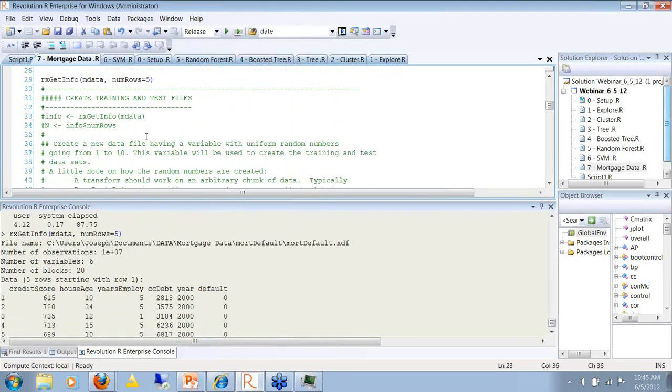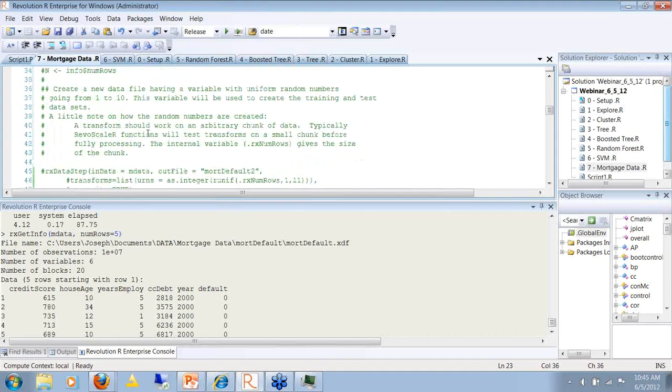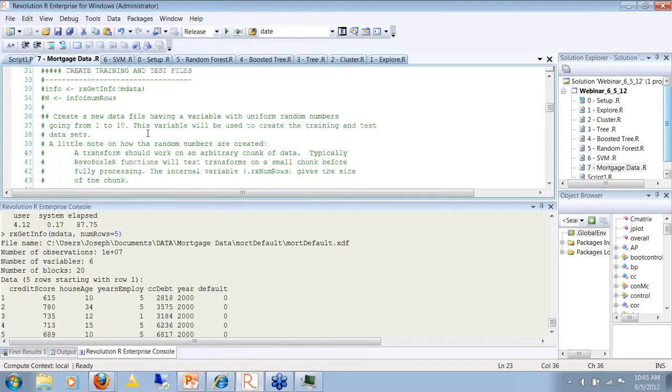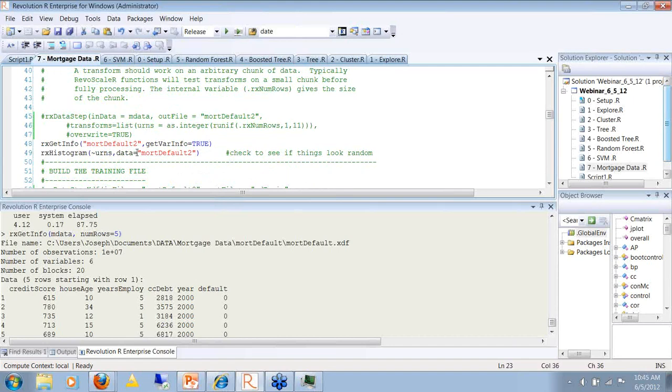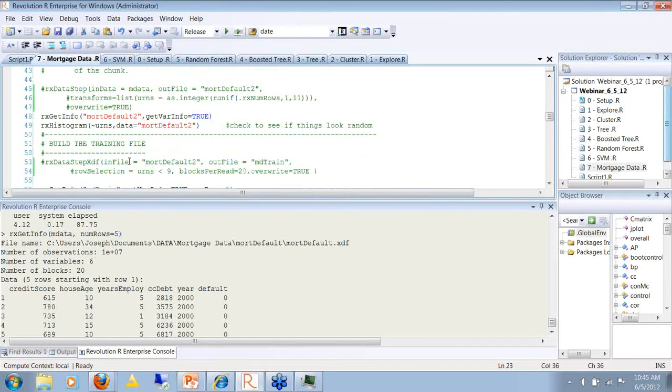And I have in here the steps that we went through. So this code, first of all, you want to build training and test files. And I won't run these, but all the code is here to do it. So here's how to build a training file. And what I want to show you here is that we have this function called RxDataStep that makes it easy to take one of these external memory files and build another one, manipulating data along the way.